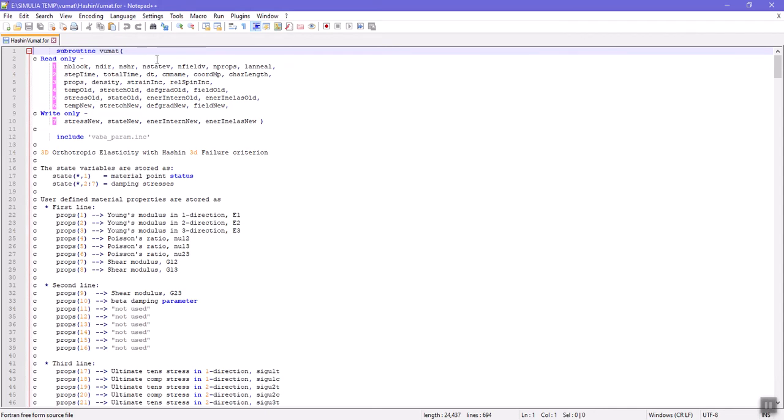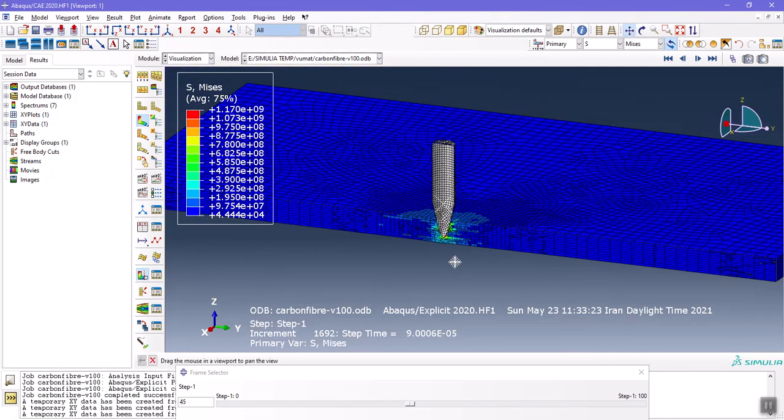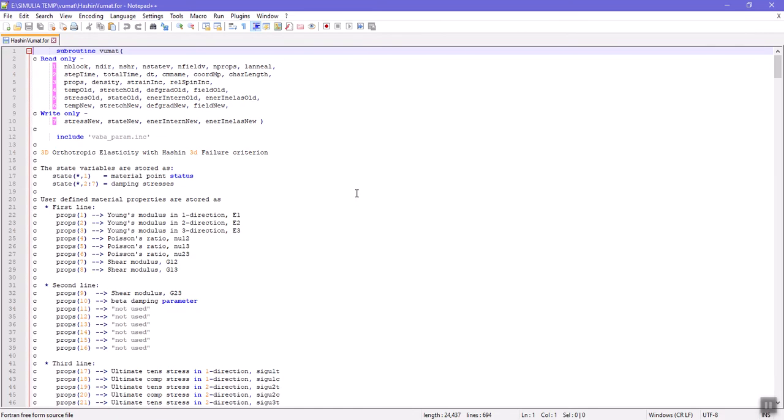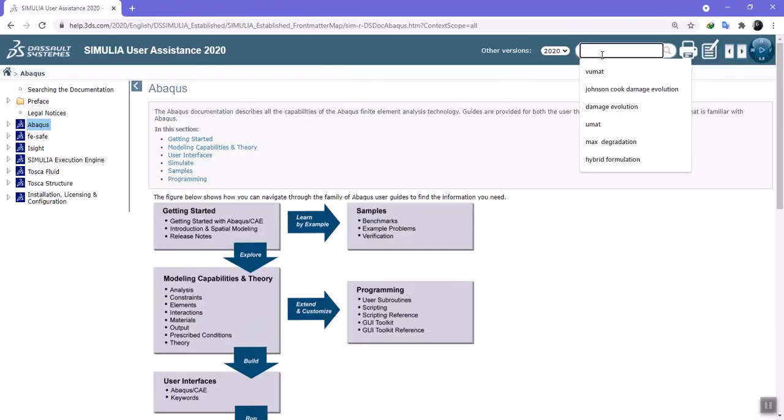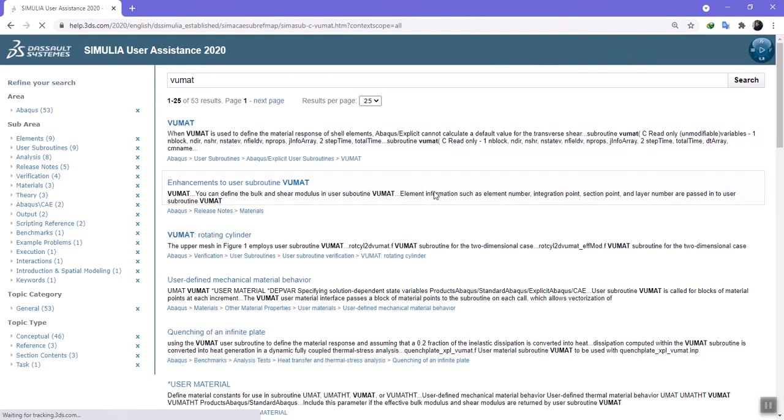So that is the subroutine. As I explained, it is written by Abaqus for composite materials. What is necessary, and you should pay attention to it, is that I'm using Abaqus 2020. If you guys are using previous versions of Abaqus, you need to make sure to go check the documentation of Abaqus. Just open your documentation on Abaqus, search VUMAT here,